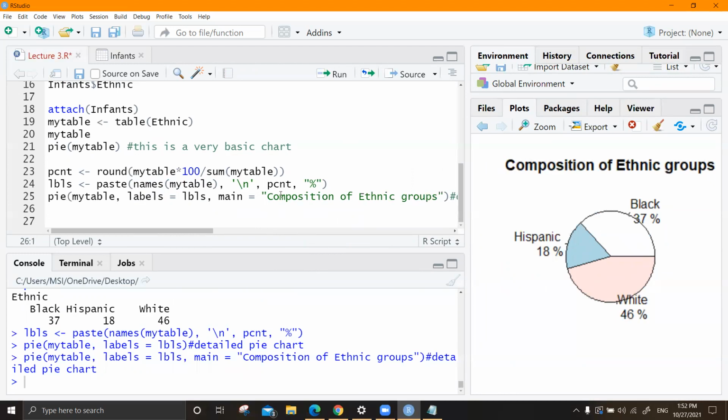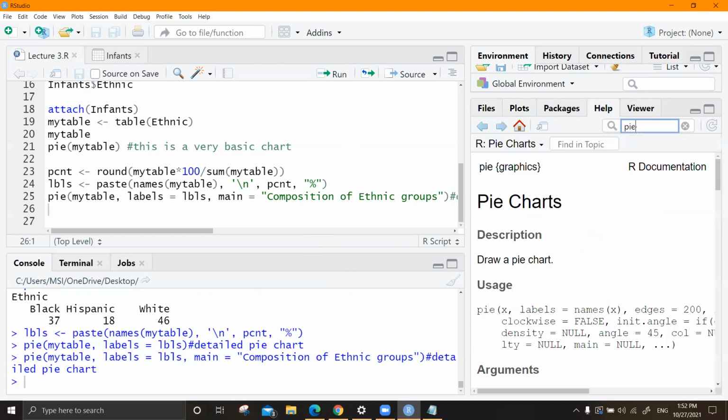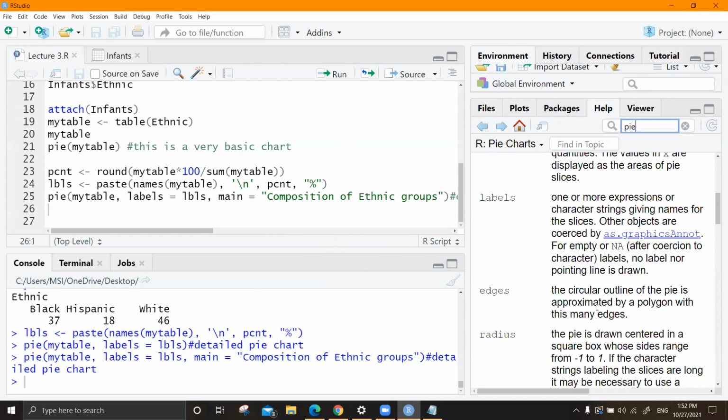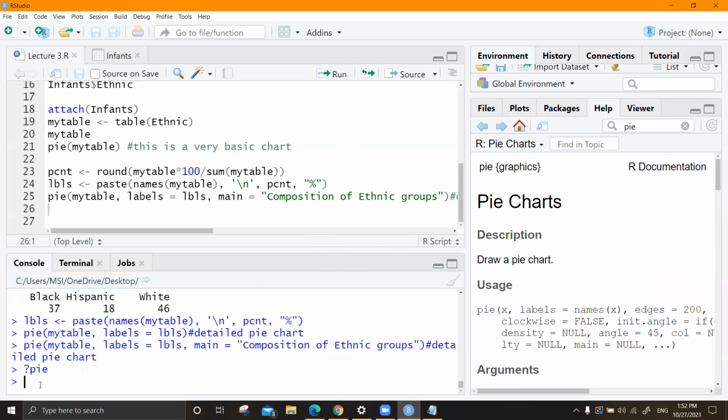So there are options to change colors and all that. It's not discussed on the discourse. You can search and see. Always go to help and search. You can either go here and type, I think, see, it will give you. Or you can use this method, till it gives you this one, right?